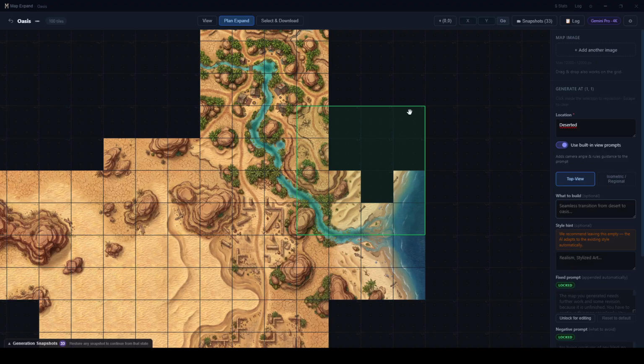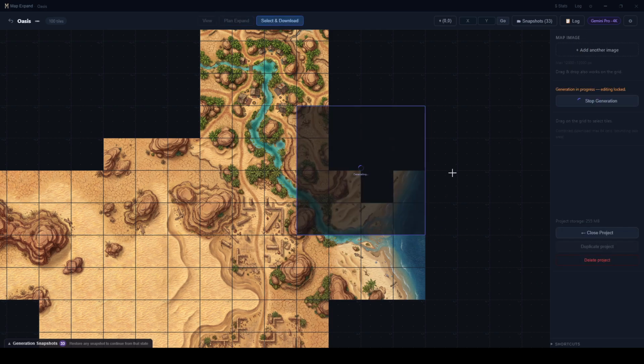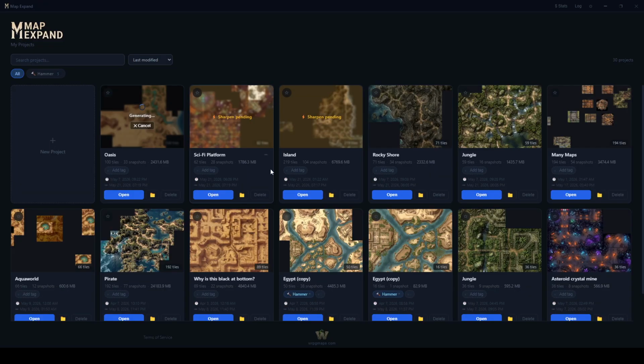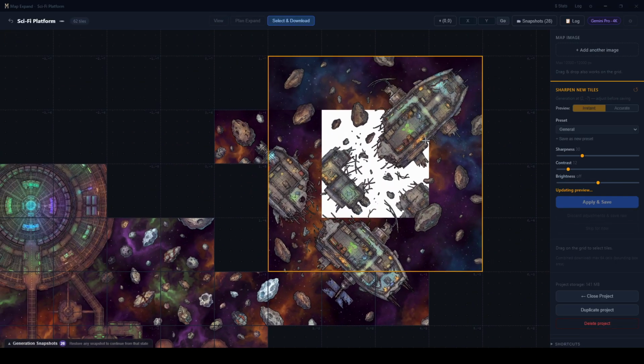So we started a pond-like thing, and it can be very, very big, but we want to make some things here, and the AI will decide what happens here, but not deserted, just desert. And generating in progress. Okay, we are going back. I don't like what I see in the background here, but it's not the first